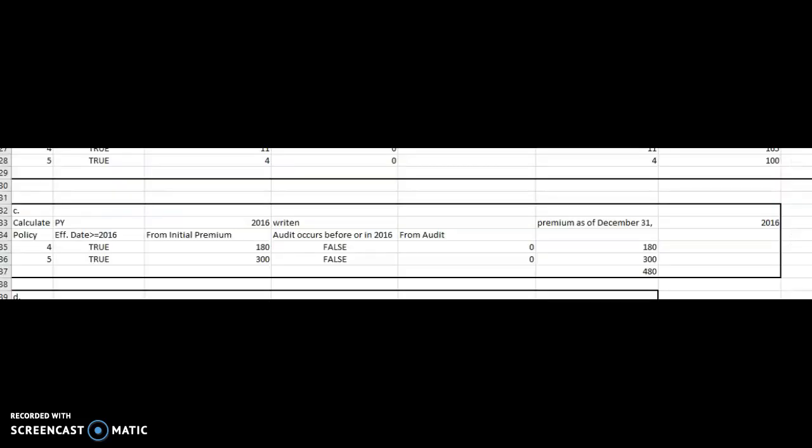Because we want to calculate the policy year 2016, we don't consider the first 3 policies, which were not written during 2016. And because they are written, all the premium from 2016 are 180 plus 300. And let's check the audit part again. We can find the audit of this policy have not